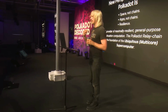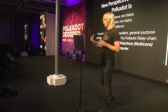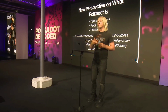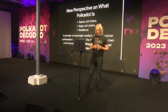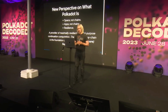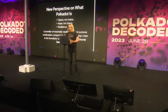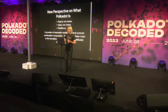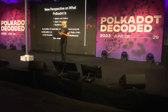So, I think a more neutral term is resilience. And it's resilience against anyone or set of people that want to make it do something that was not intended. Yeah? It's resilience to the corruption of intention. So if we look at Polkadot in a much more general sense, what is it? Well, it's a provider of very resilient, general purpose computation. And I say continuation computation, a bit technical, but it's basically like